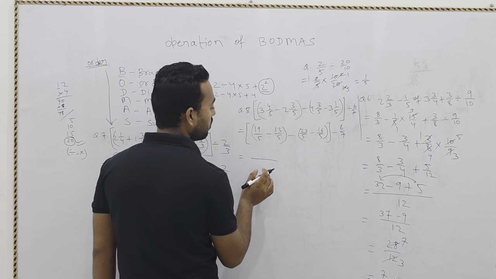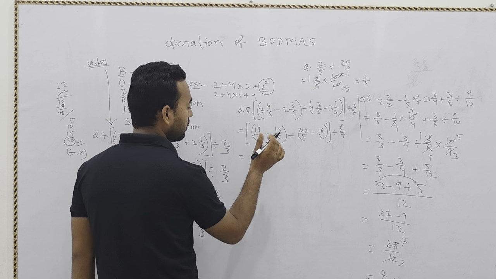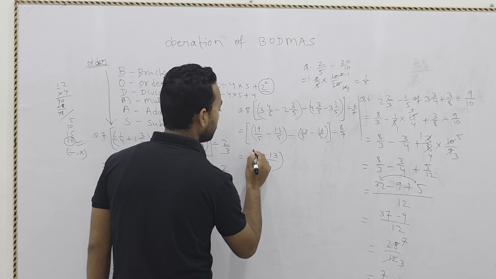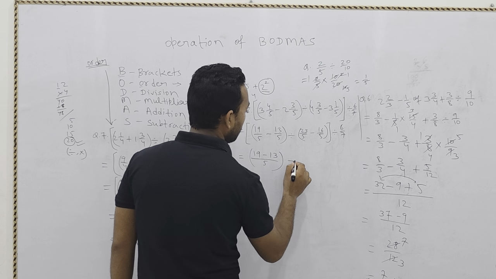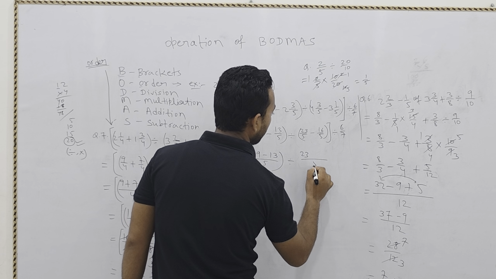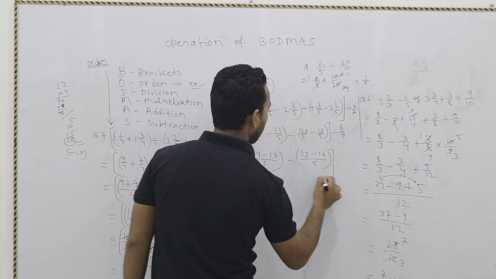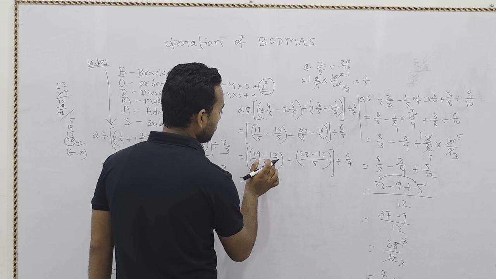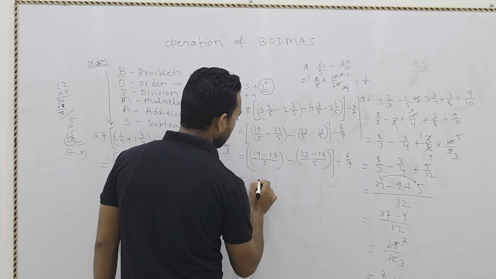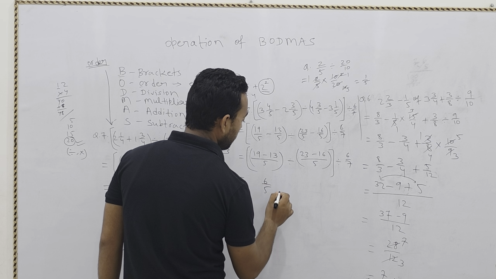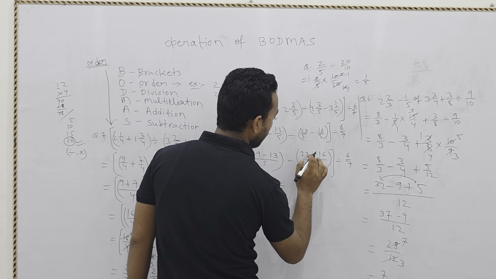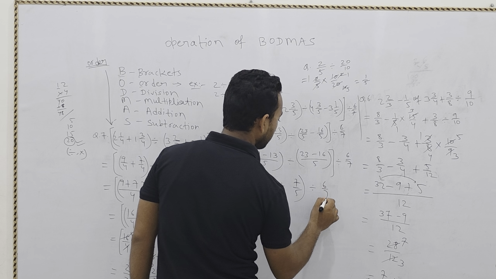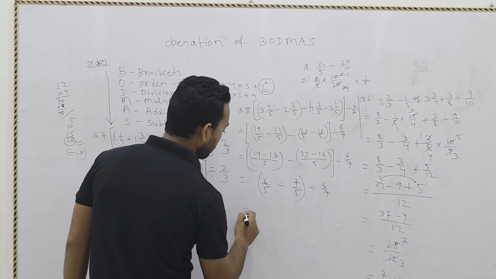Now here we will take the LCM. I told you earlier, if the denominator is the same, then it is very easy to solve. As it is we will write here, nothing we have to change. This 19 minus 13 divide 23 minus 16 over 5, divide 6 by 7. Now simply we will subtract here: 6 by 5 divided by 7 by 5, divided by 6 by 7. So here divide will convert into multiplication.